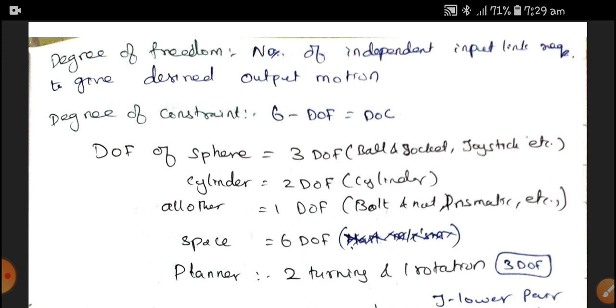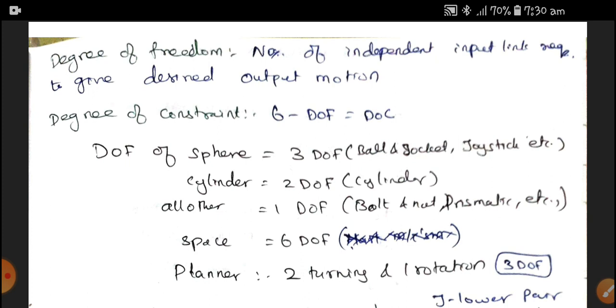We now see that the number of degrees of freedom in space is 6 minus the degree of constraint. How many constraints are required to make our link free in a certain direction or a certain motion? That is called the degree of constraint. Now we are going to discuss some standard results of the degree of freedom